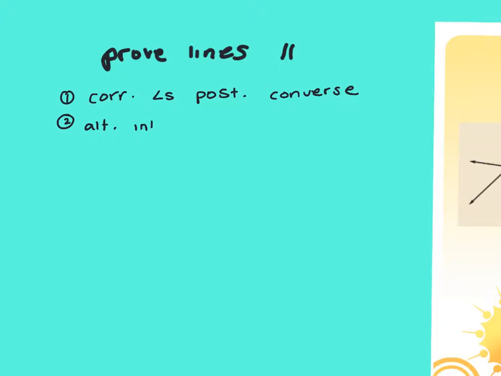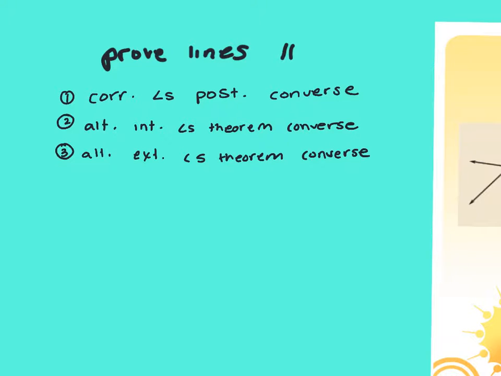Alternate interior angles theorem, converse, which says what? If the alternate interior angles are congruent, then the lines are parallel. Good. Next one. Alternate exterior angles theorem, converse, which says? If the alternate exterior angles are congruent, then the lines are parallel. Good. Fourth one. This is the consecutive